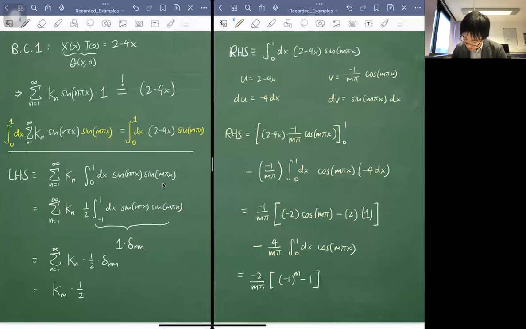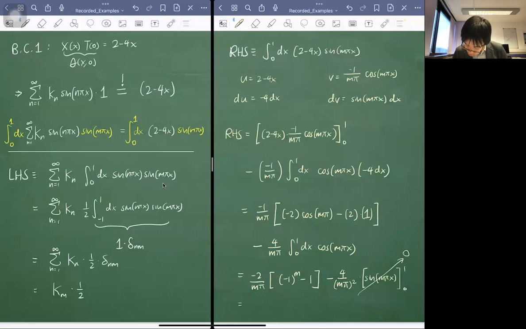Minus 1, okay, and minus 4 over m pi, and integrating cosine gives you sine with an extra factor of m pi. So let's put a square bracket over here and have this as sine m pi x evaluated from 0 to 1. Sine of 0 is 0, so we just have to do the top one, which is sine of m pi. But sine of m pi is always 0 because m is an integer. So both of these two terms give you 0, and we're left with